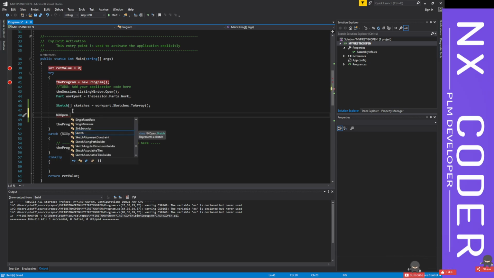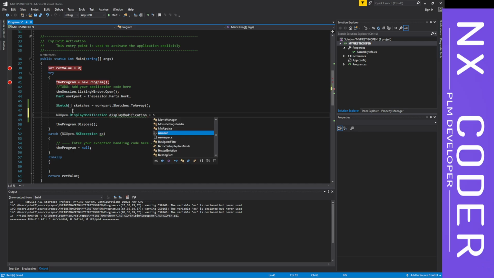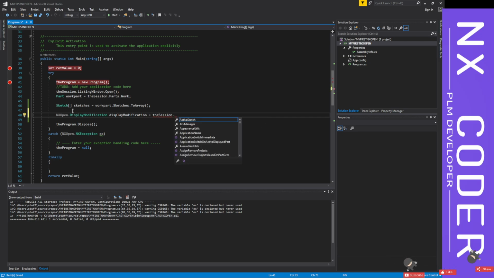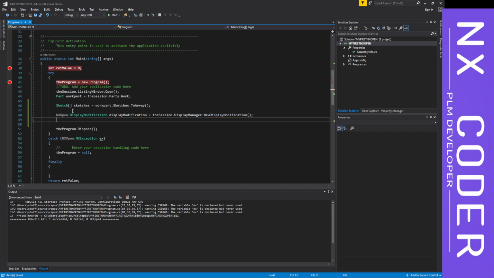First we'll declare an object for it. So if you see, there is something called display modification. We call it display modification, and that is coming from the session object, if I'm not wrong. Session dot display manager. So here, if you see, remove this, I don't want this. So here, if you see, this object